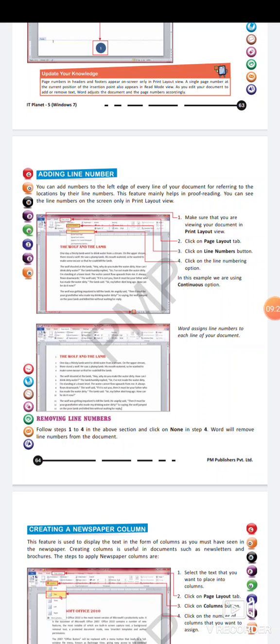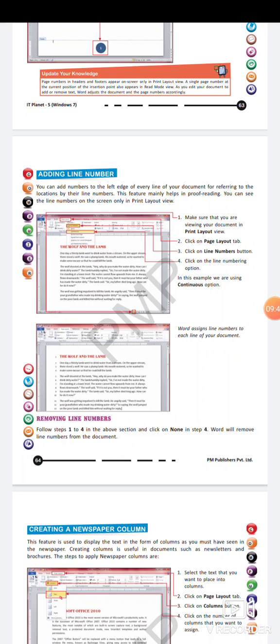So this feature, adding line numbers, helps us while proofreading. When we have line numbering, we check: there is no mistake in line 1, there is no mistake in line 2. So this is helpful in that way.